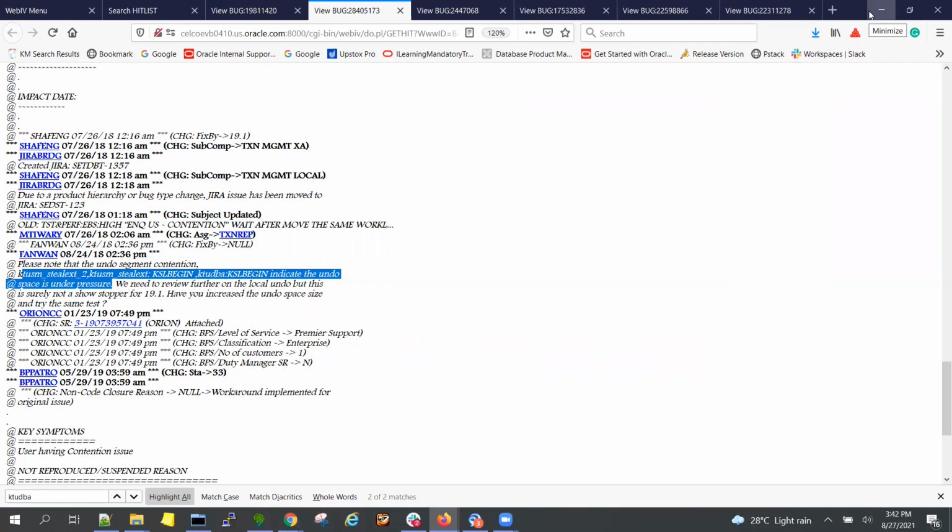What else to capture? Normally we require session state information, that is the state session dump. Sometimes we get a process dump, and along with that a call stack, and along with the call stack sometimes we get a cursor dump also. Normally we don't get a cursor dump in a hang analyze. The cursor dump will be part of the ORA-600 or 7445 traces, so we will cross verify that. But the session dump and process dump are very important, and they will have their own call stack also.